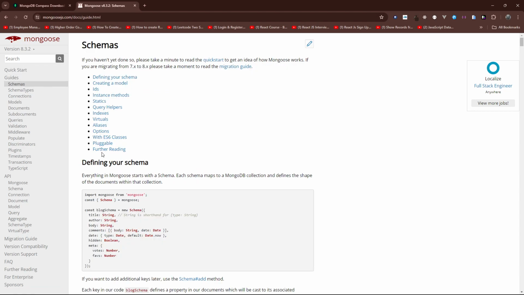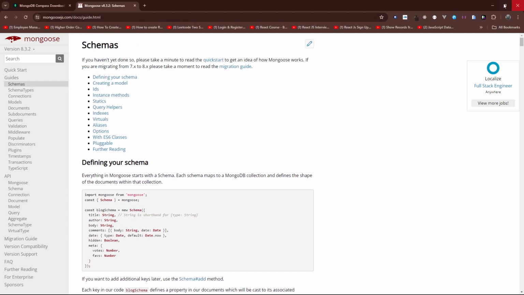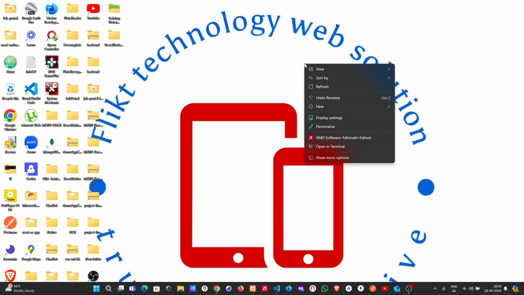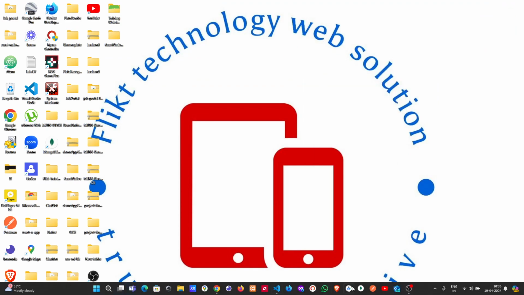Schemas are also what now. What are schemas? I will tell you about schemas. Don't worry about that, I'll obviously tell you about schemas. And to use Mongoose, I think here they have given